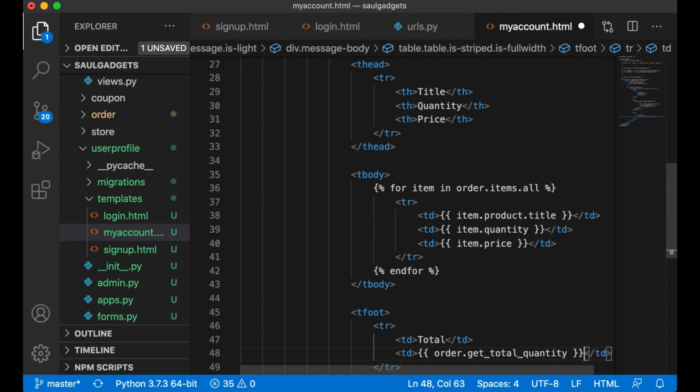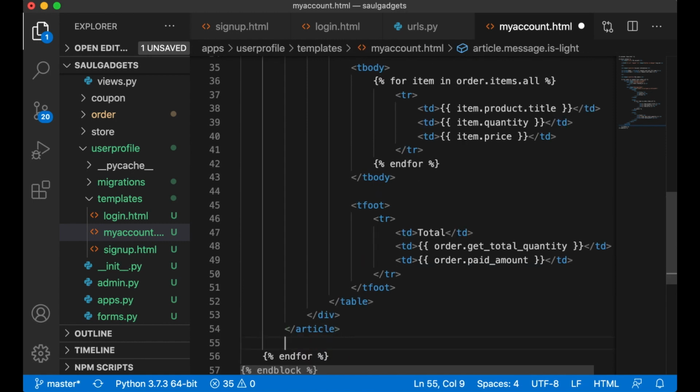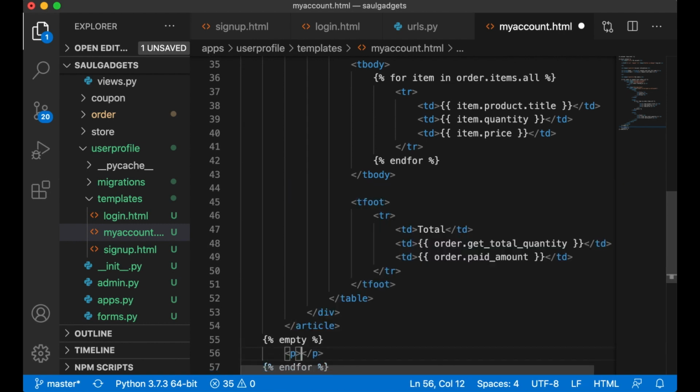We'll show you how to add this in 2 seconds. td order.paid_amount, and we can show if there are no orders. We just show a message, you don't have any orders yet,